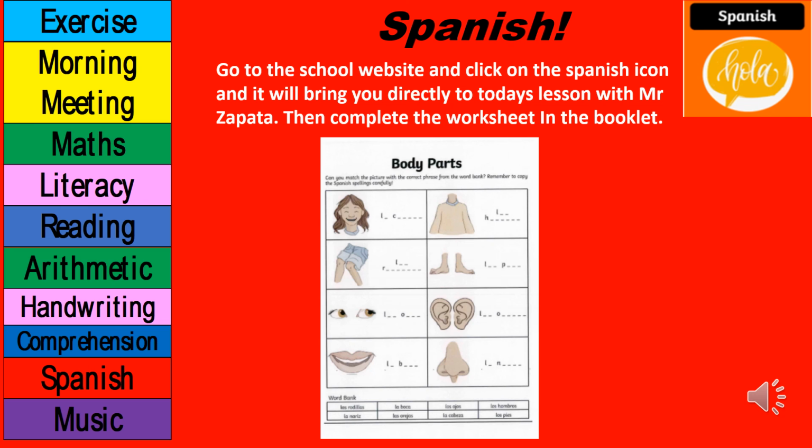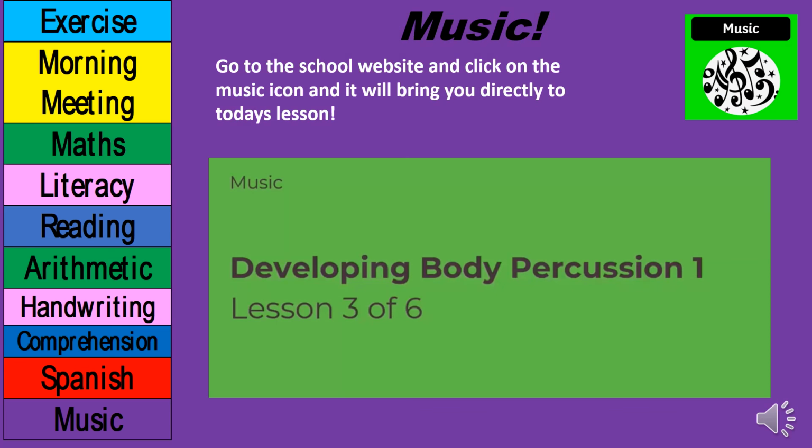For Spanish today, please go to the school website and click on the Spanish icon. That will bring you down. For music, we are going to be looking at developing body percussion. Again, this can be found on the school